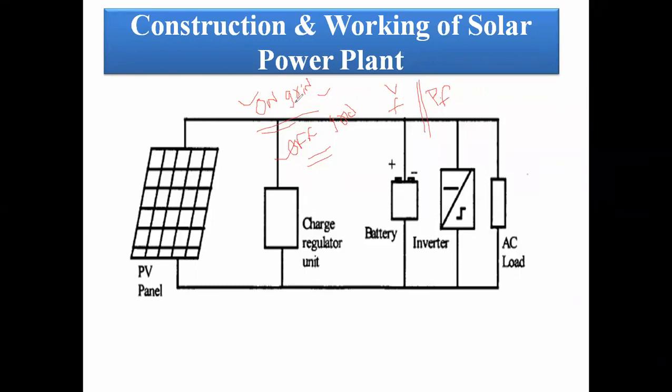The on-grid mechanism is utilized in the US, China, and Japan. Their frequency is 60 Hz. In a 60 Hz system, it will match for the frequency as well as the voltage. But in India, we use a 50 Hz system. The variation of the frequency is plus or minus 2.5 Hz, that is 47.5 to 52.5 Hz.